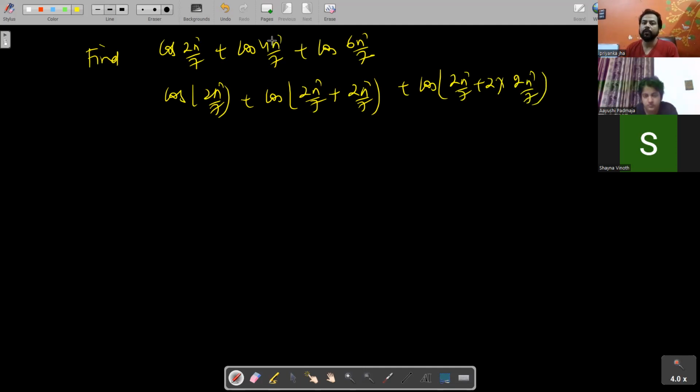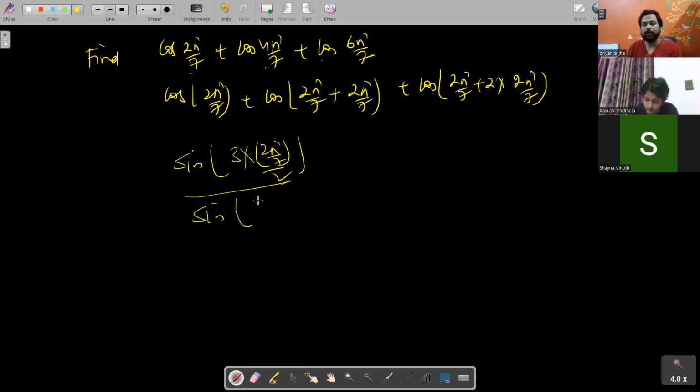So we can see that the angles are in AP. 4 pi by 7 minus 2 pi by 7 is 2 pi by 7, and 6 pi by 7 minus 4 pi by 7 is again 2 pi by 7. So we can directly apply the formula. How many terms are there? 1, 2, 3, so 3. What is the common difference? That is 2 pi by 7. So sine of 3 times 2 pi by 7 upon 2, upon sine of 2 pi by 7 upon 2, into